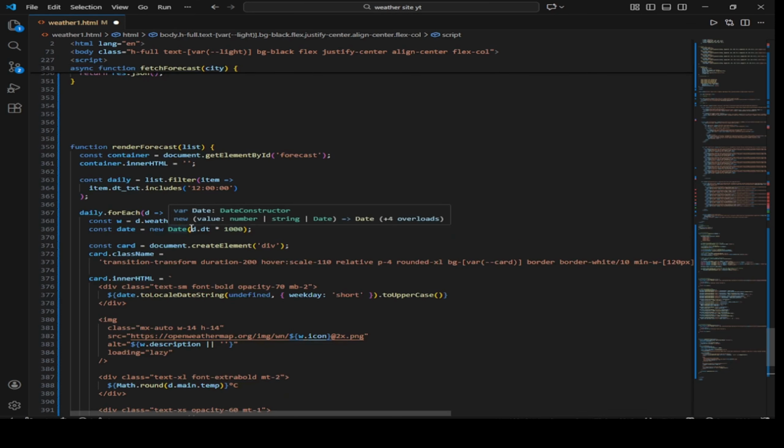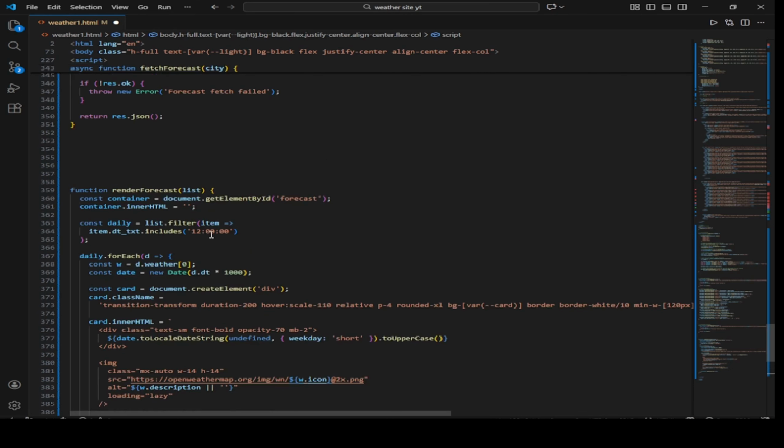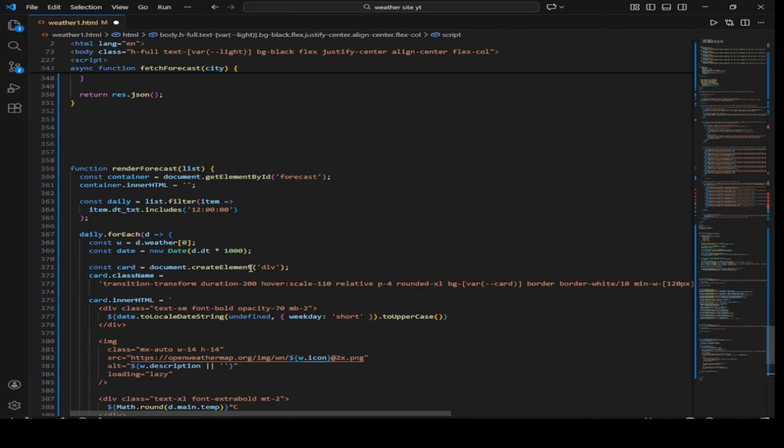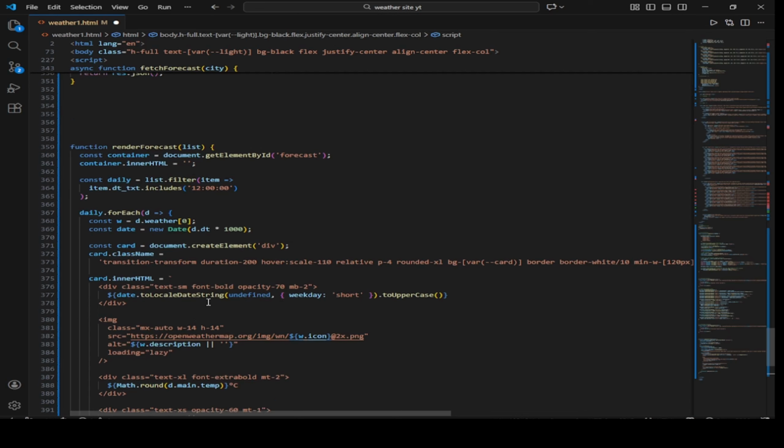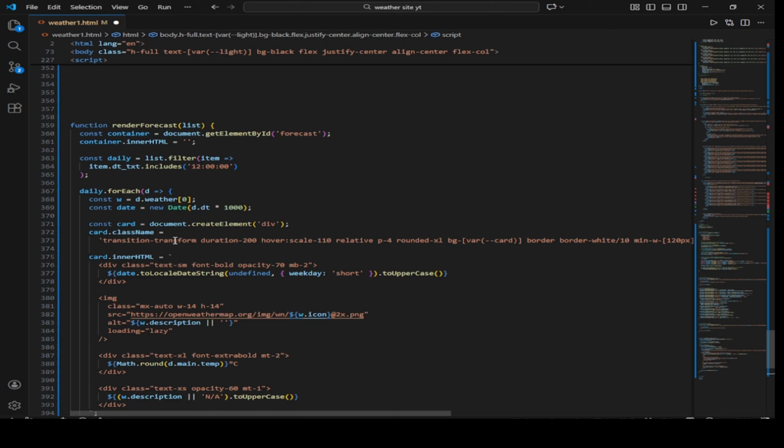The forecast API returns data every 3 hours, which is way too much for the UI, so I filter it down to 1 entry per day, usually around the midday. So then I loop through it and build small forecast cards dynamically. So we style the card here. First I filter